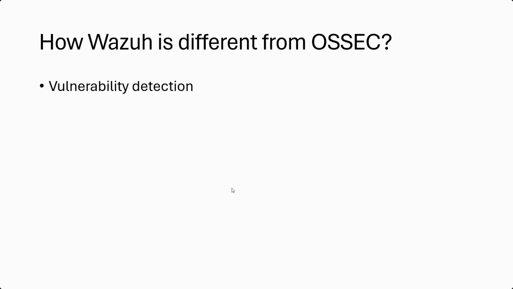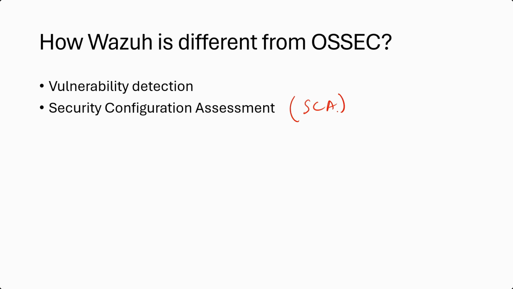It has built-in vulnerability detection capability, identifying any vulnerability in the system configuration, and then we can proactively address those potential issues by patching those vulnerabilities as well. Next, we have security configuration assessment. We call it SCA. With Wazuh, we get SCA tools that comply with the requirements of